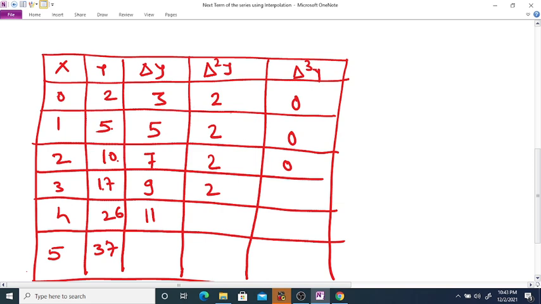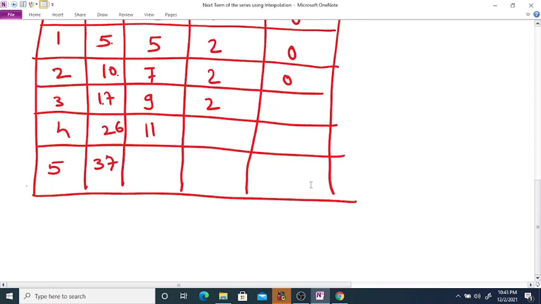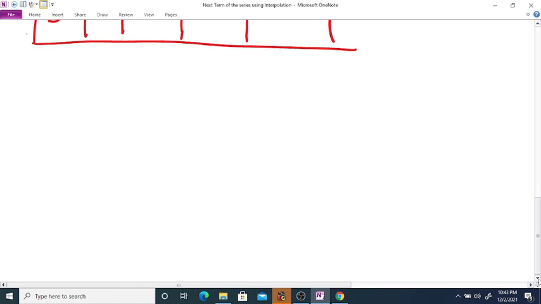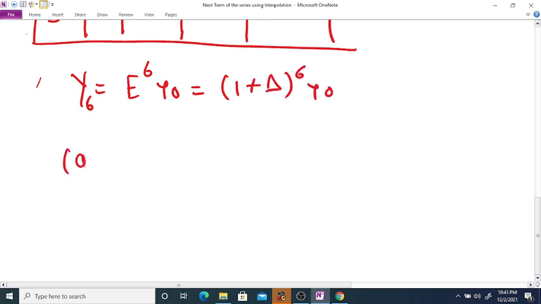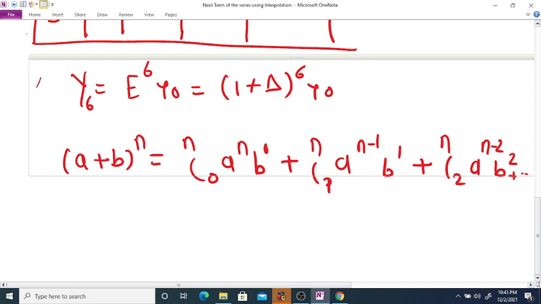Okay, so we want to expand this formula 1 plus delta raised to 6 up to delta square, because only delta square is non-zero. The next higher differences are 0. So y6 is equal to E raised to 6 y0, which is equal to 1 plus delta raised to 6 y0. We know that a plus b raised to n is equal to nC0 a raised to n b raised to 0 plus nC1 a raised to n minus 1 b1 plus nC2 a raised to n minus 2 b2 and so on. So if you expand this 1 plus delta raised to 6,